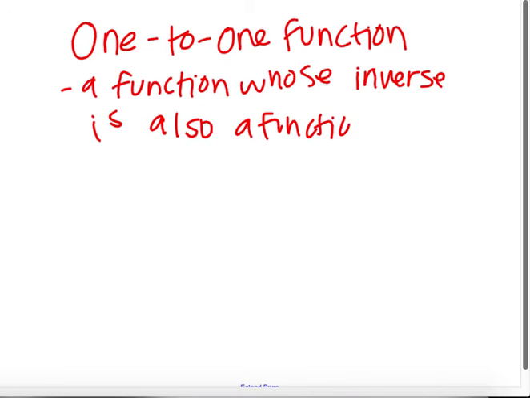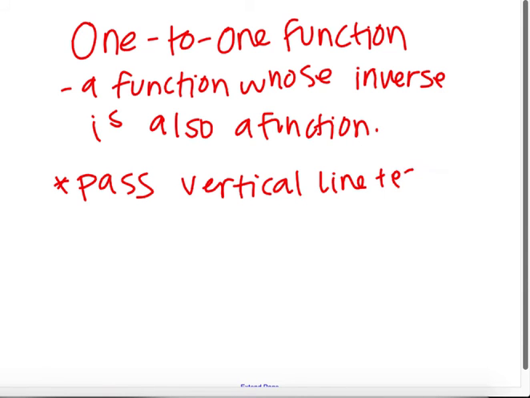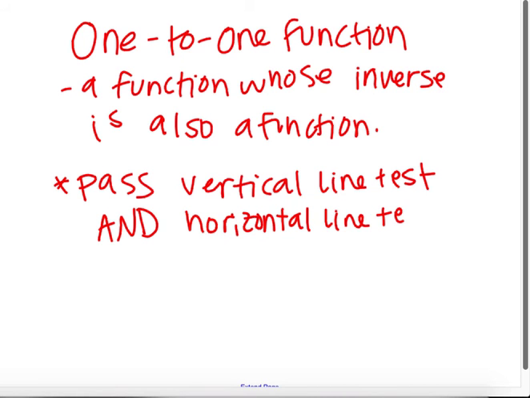So if you want to test to see if a function is one-to-one, it has to pass the vertical line test, which is just to tell whether it's a function, but it also has to pass a horizontal line test if you want it to be one-to-one. And if it doesn't pass a horizontal line test, that means that its inverse is actually not a function,